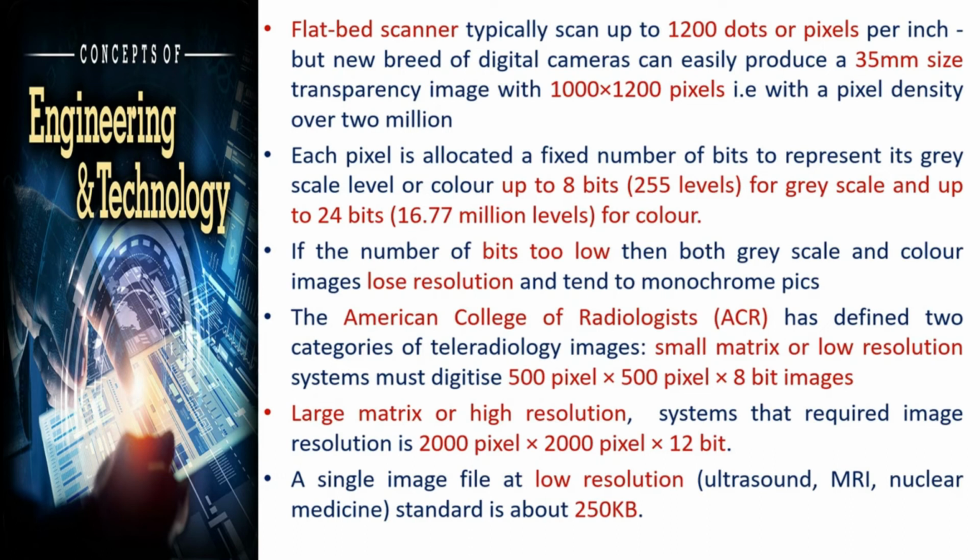So when you're looking for large matrix or high resolution pictures, they should have 2000 by 2000 by 12 bit. This is very important. So the system requirement range is fixed here, whether you're looking for low resolution or high resolution. This is fixed by the kind of standards